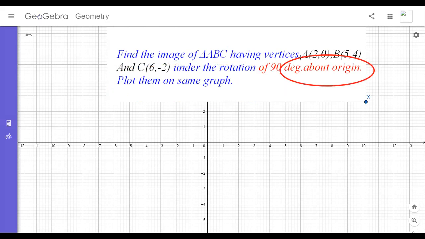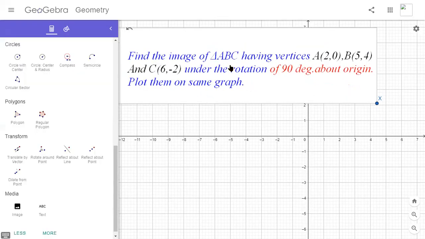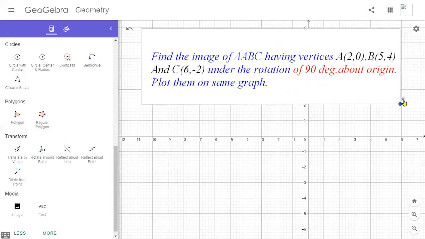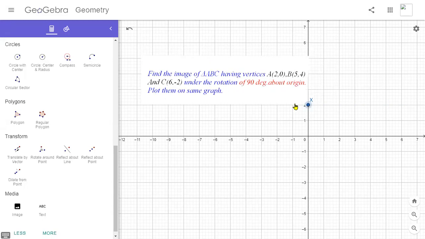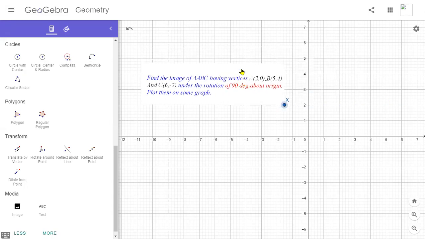Here we will solve this question step by step without using any formula, by using the basic concept of rotation. Please watch this video till the end. The very first step while solving such types of questions is making the object. Here the object is triangle ABC. So first of all, let me draw the triangle ABC here.